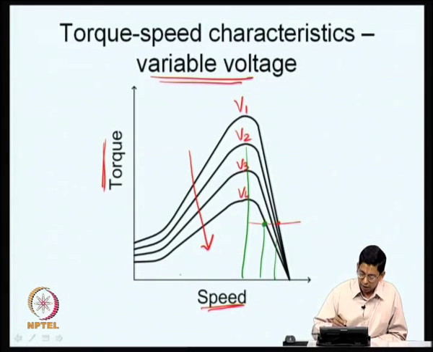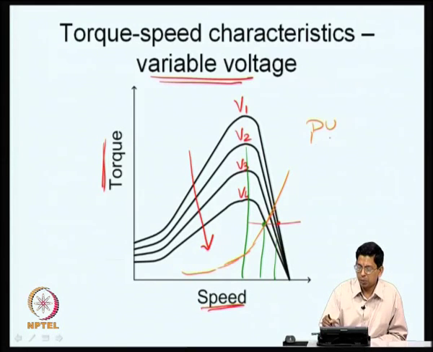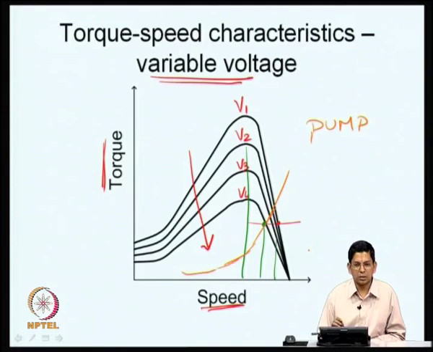You may have certain characteristics like in pumps or such kind of loads, which will have a characteristic going up like this. So, this is typically used in such drives, pumps, etc. They may have a kind of parabolic relationship between torque and speed, and so sometimes it is used there in this situation here. But what we want to now see is the effect of varying the stator voltage on the torque speed characteristic. So, if instead of applying the rated voltage, let us say about 400 volts, you apply 200 volts or 300 volts, you find that the torque speed characteristic changes in this kind of a fashion, that the peak torque essentially comes down, right.